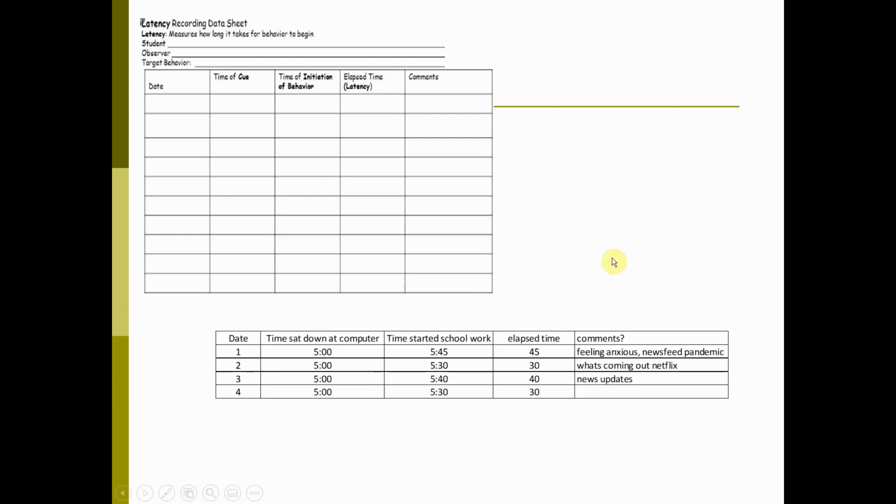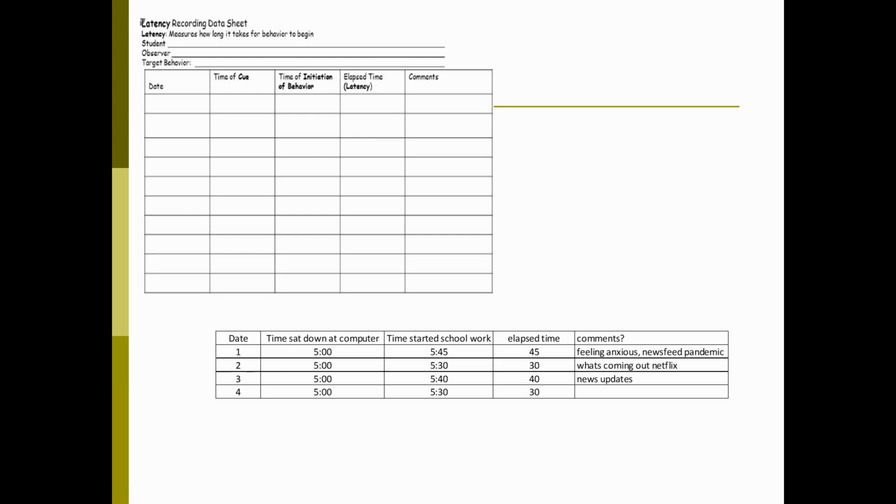So here's some more examples of this. This is again a latency recording data sheet. So when is the cue, when is the behavior starting, and what is the elapsed time, kind of the latency. And here's a sheet that a student used in the past. They were tracking latency to start work on the computer. And what this student was noticing was that whenever he sat down to work on the computer, there was a lot of time spent scrolling through the news feed, going into social media, and